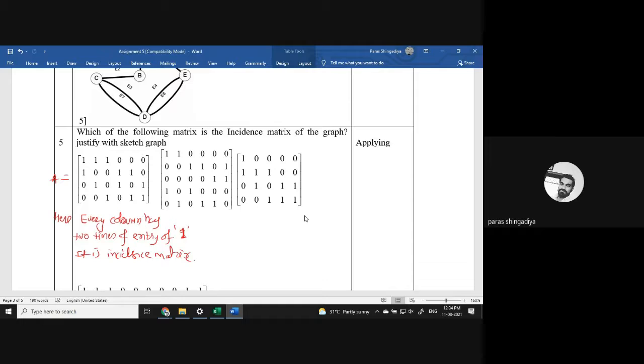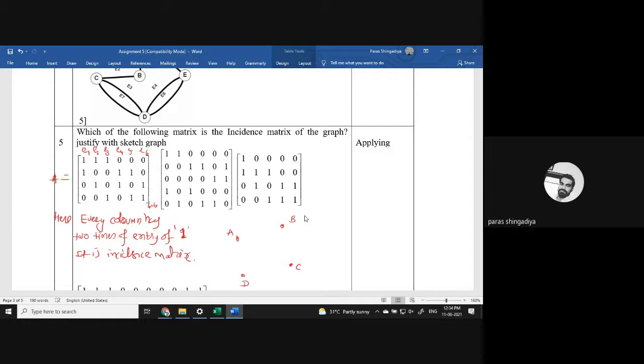So how can we draw it? First we'll consider the order. The order of the matrix is 4 by 6. ठीक है? Size of the matrix 4 by 6 है. So what does it mean? The graph में कितने vertex होंगे? 4. And how many edges will the graph contain? 6. ठीक है? So consider 4 vertices in any position, any place. Mention the notation A, B, C, and D. And these are the 6 columns we have. So the graph will involve 6 edges, that is E1, E2, E3, E4, E5, and E6.